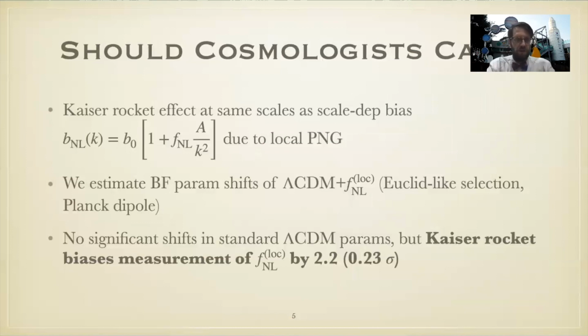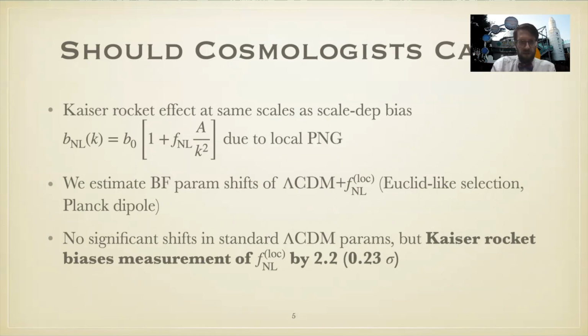Now, the question for us cosmologists: should we care about the systematic effect that can cause an enhanced power spectrum that grows as you go to larger and larger scales? I would say that we definitely should if we want to probe local type primordial non-Gaussianity using the scale-dependent bias effect. On the same assumptions as in the previous slide, and that there is no primordial non-Gaussianity, a Euclid-like survey would still measure an FNL of about 2.2. That's about 1/4 of a sigma, which is at the level where people should worry about the systematic,